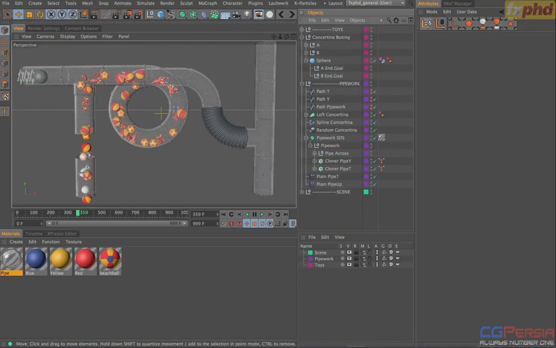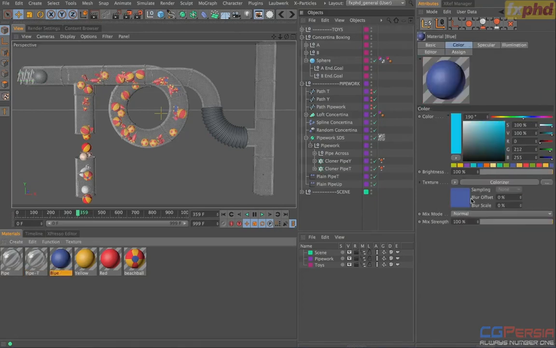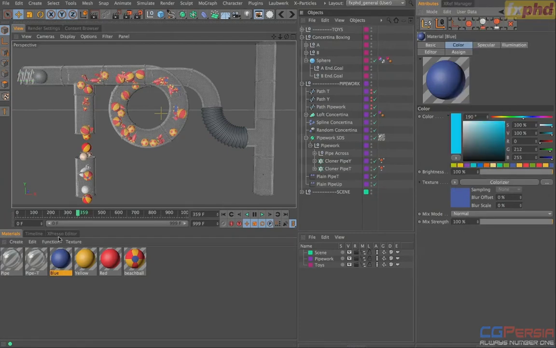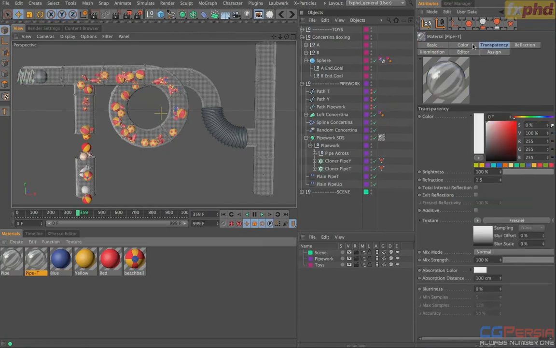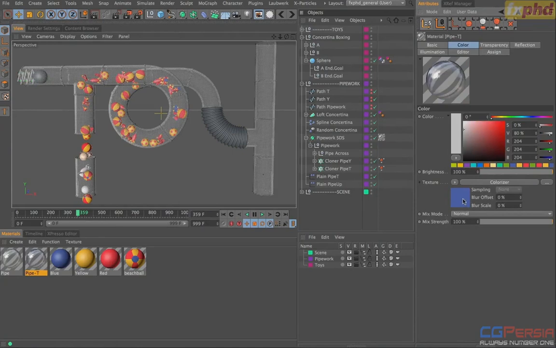In the material manager, let's take this pipe material and Control-drag to duplicate it, and let's call this pipe T. What we're going to do now is a very similar setup to the one we have here. So we're just going to copy that colorizer from one of our previous materials, switch to the color channel, and paste that in first of all. If we open that up,